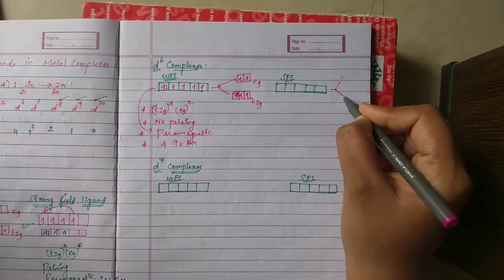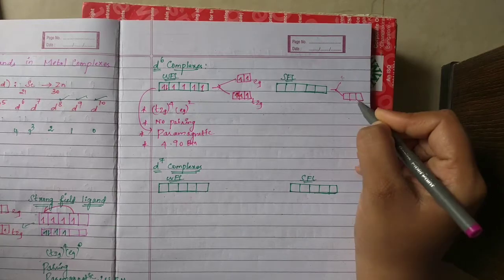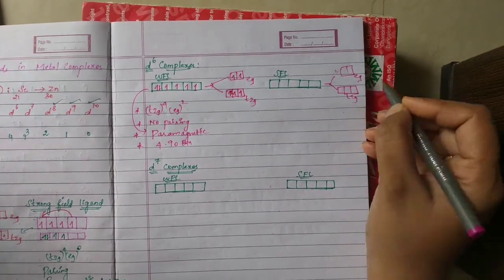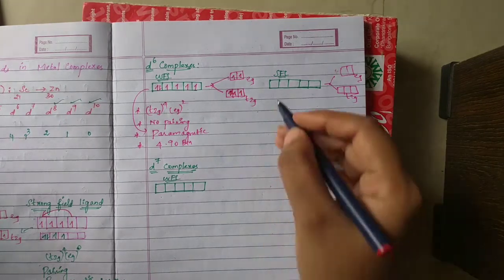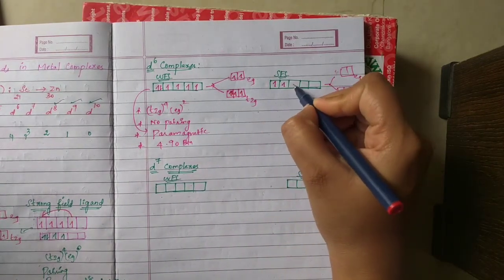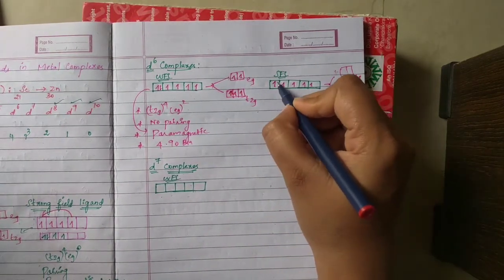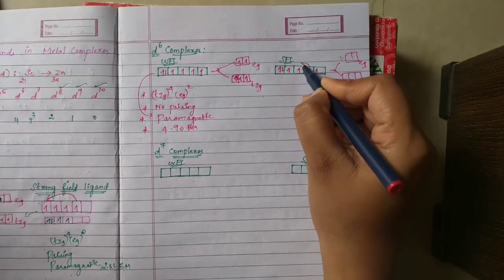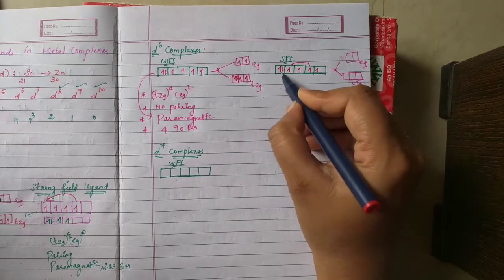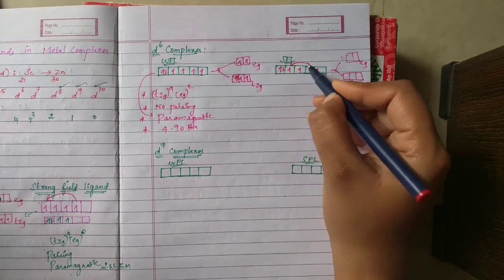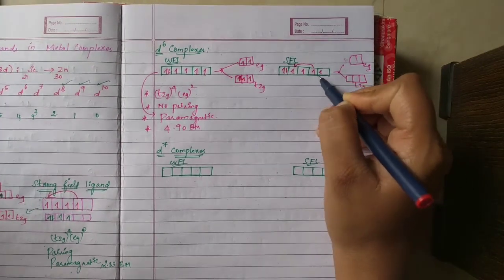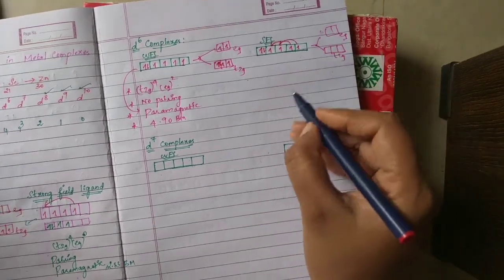So this strong field means in down 3, up to the t2g level, eg level. So first you have to fill the electrons. This means 1, 2, 3, 4, 5, 6. Because of the strong field ligand, what happens? Again one more pairing takes place. This is normal pairing, students. Effect of ligand means it leads to pairing. Okay students, it requires 2 orbitals. So now 2 pairing takes place.